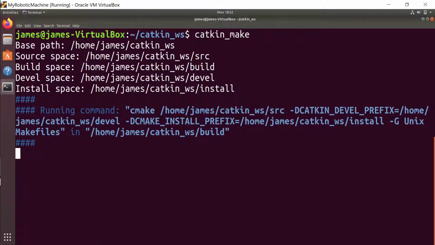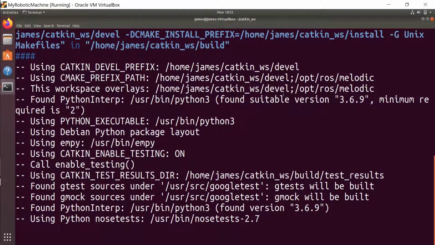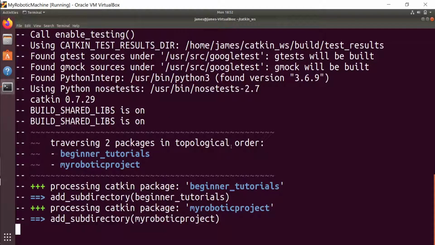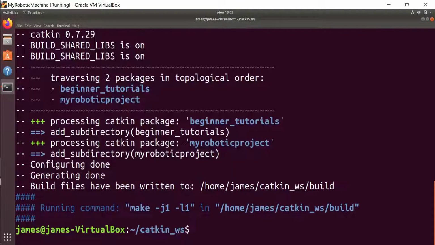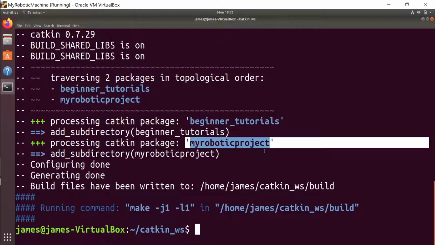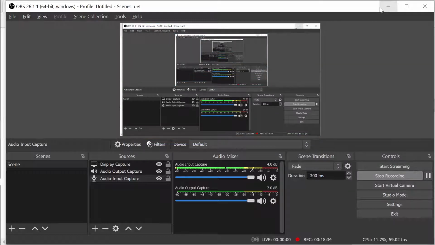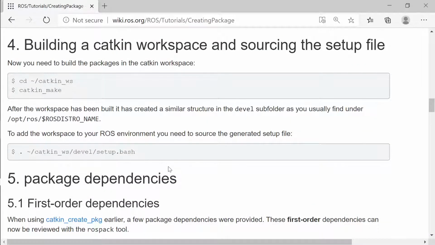So I say catkin_make, and it tries to build everything inside your catkin folder. I have two packages, and it has compiled this one, and it has compiled this one also. You may have multiple projects that need to be built, so with one command it does everything. That is how you build the package once you create it.